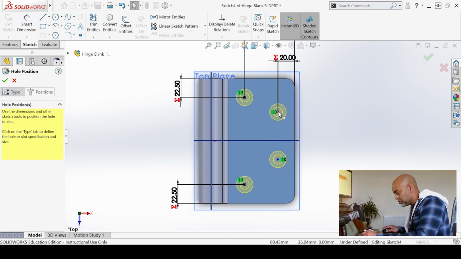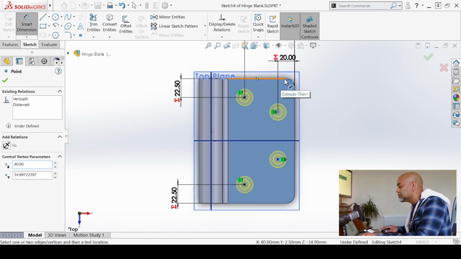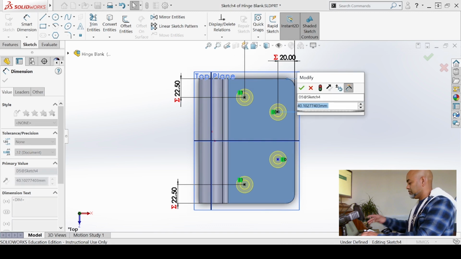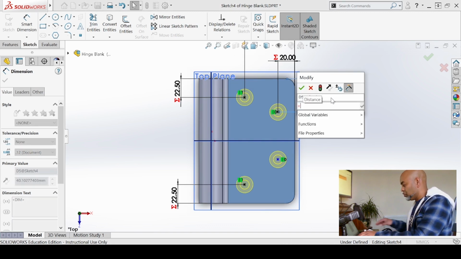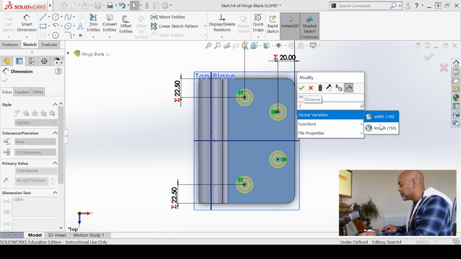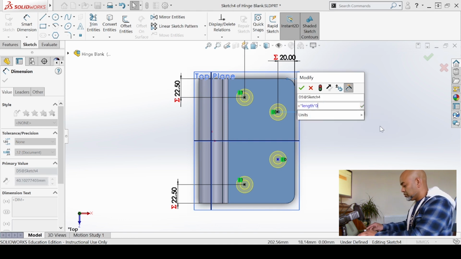So you could do one or the other, or I'm going to go and say I'm going to specify how far out that is from this edge here. I'm going to say by doing this. And that's also a proportion of the length. Length times